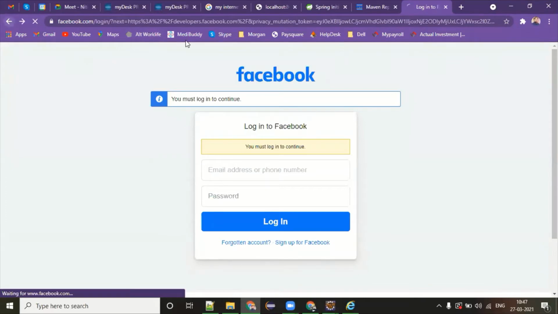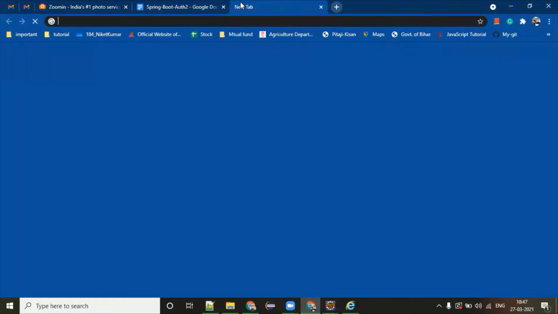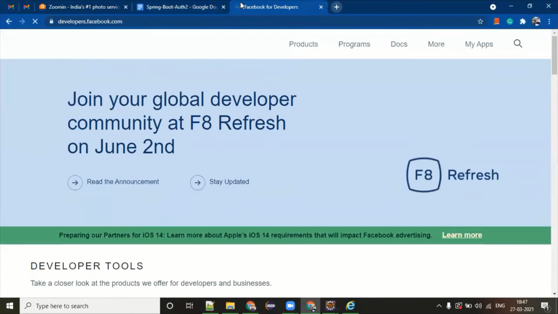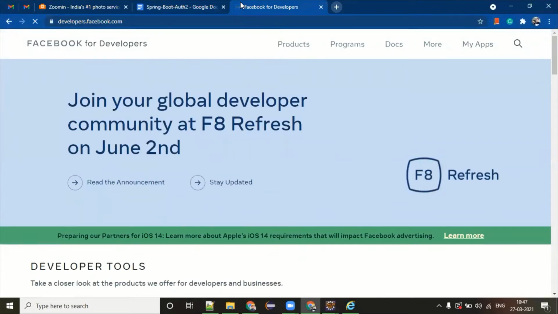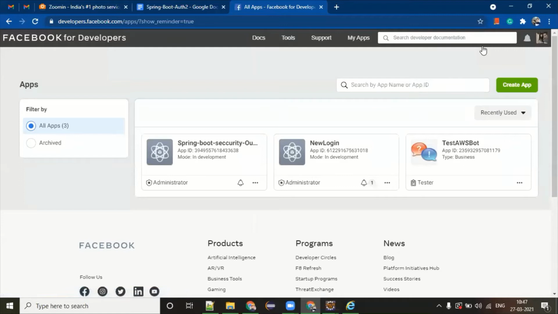Instead of that, I'm going to access the already logged-in one. The moment you click on Facebook developer and log in, you will be on a page like this, Facebook for developers. Then you have My Apps, and under My Apps, you have to click on Create App.